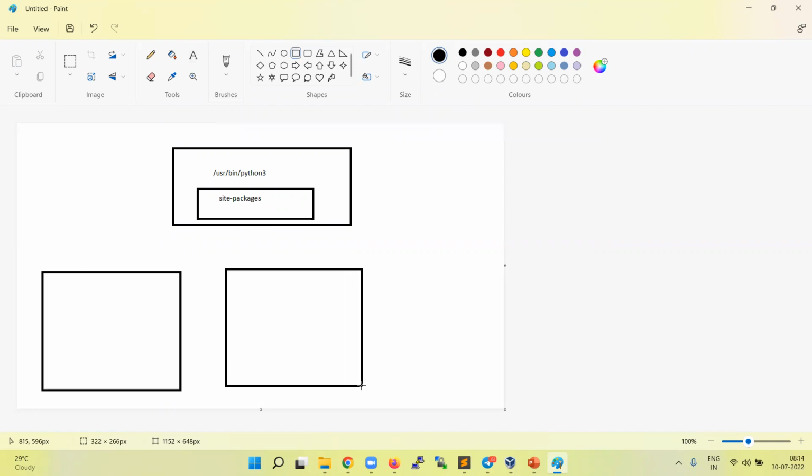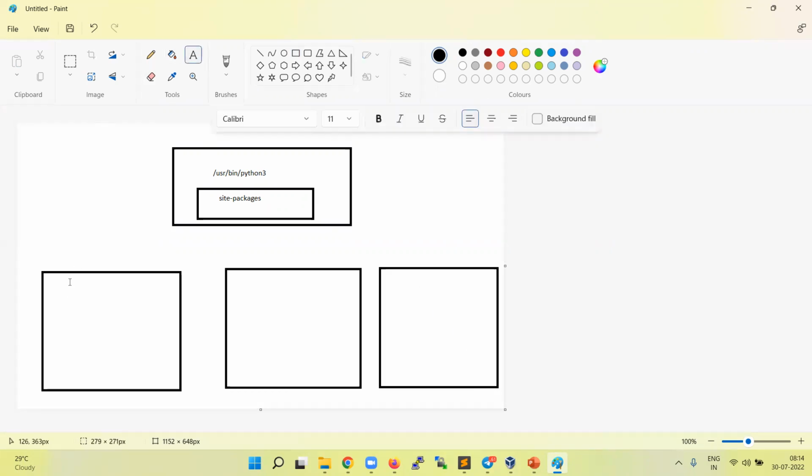Now, when you create a virtual environment, you create an isolated environment, which takes a copy of the runtime from the root. I just created this one and named it ecom Python DataMaking.